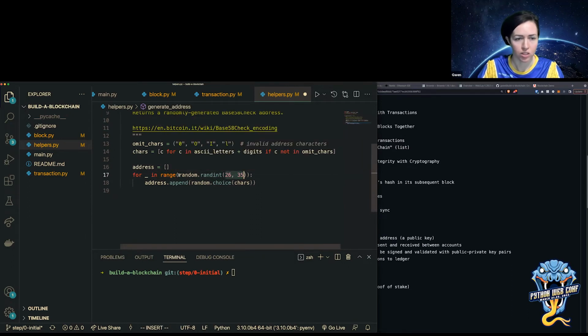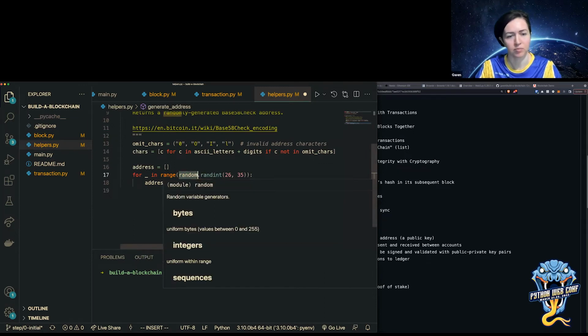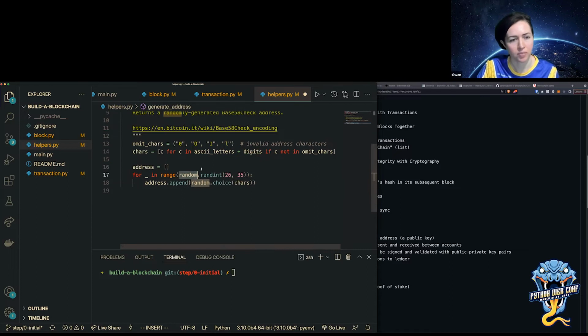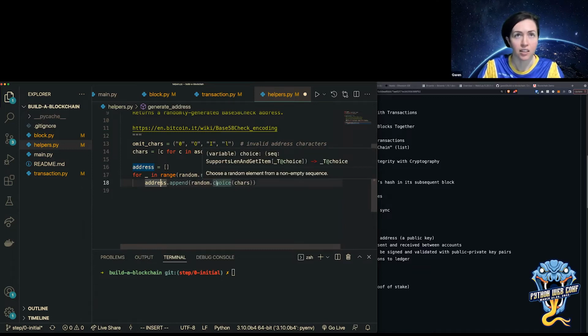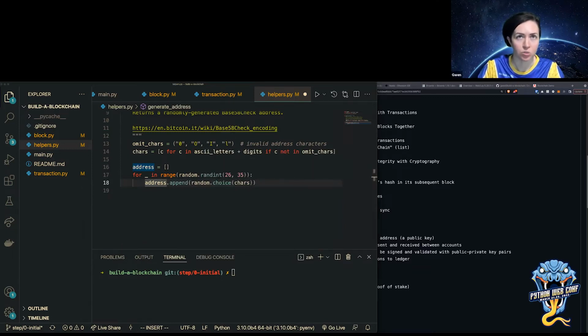So we're just using the random package from Python. So random.random, we're choosing a random number, and we're going to loop through this. And then, however the length of our addresses, we are appending onto this list. And then the only thing I need to do now is just join.